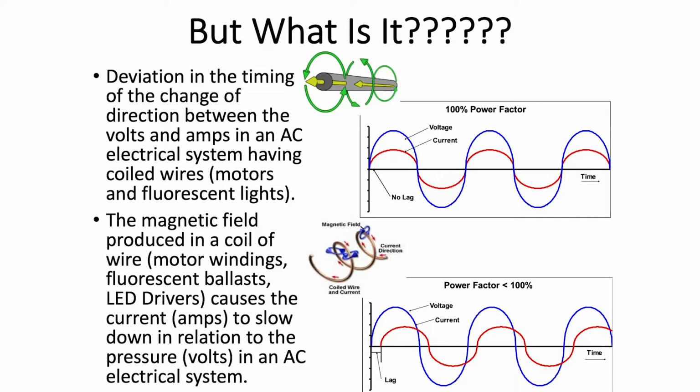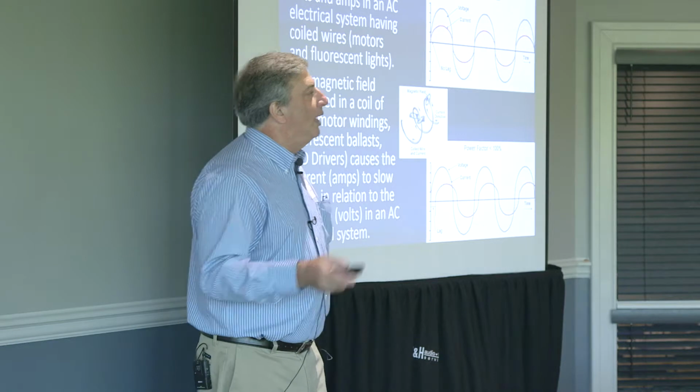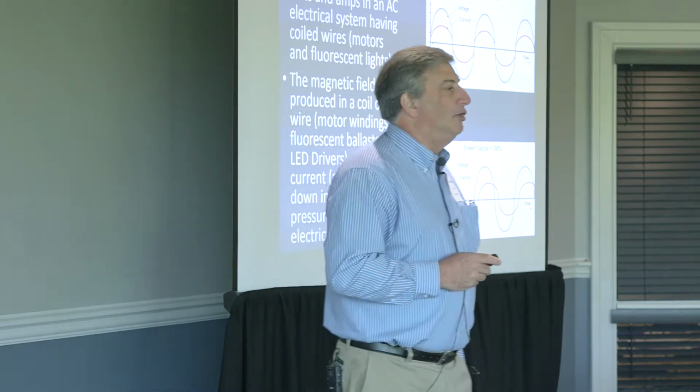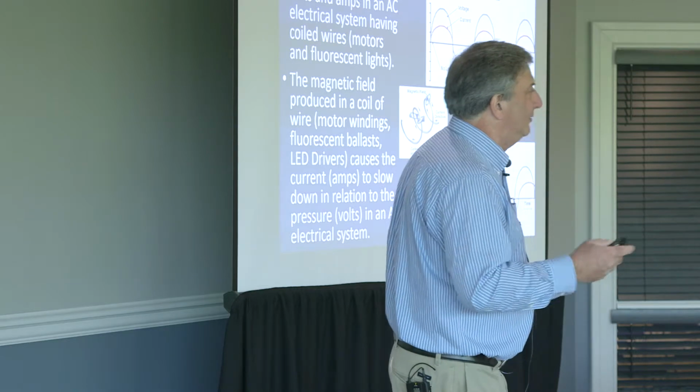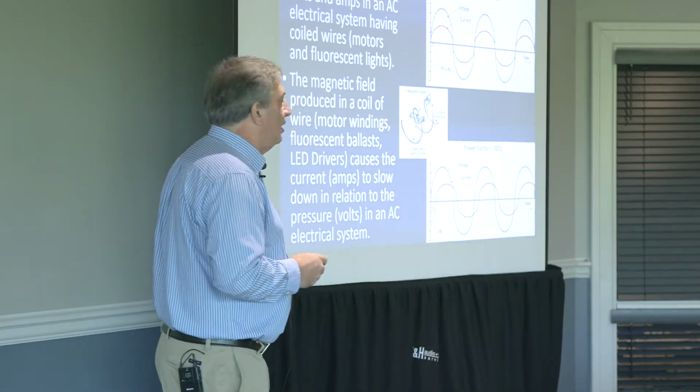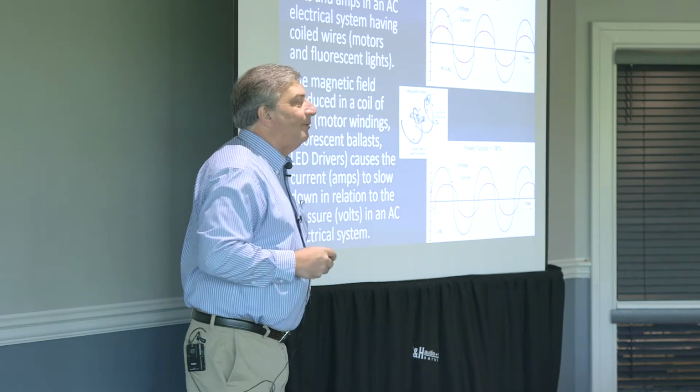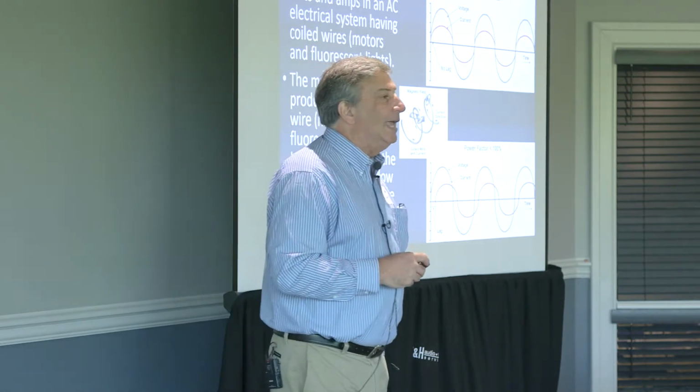As soon as I add a device that uses coils of wire and magnetic fields to an electrical system, those magnetic fields from those coils of wire start to slow the current, the amps, down in relation to the volts. It's what electricity does when we have coiled wires. Why are motors problematic? What do we do to make a motor? Windings. And the magnetic field in those windings causes the amps from the utility to start lagging behind the voltage